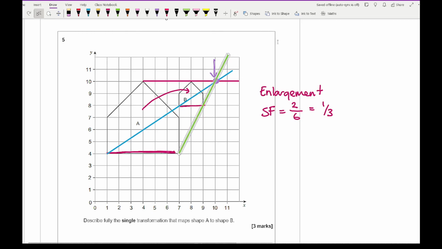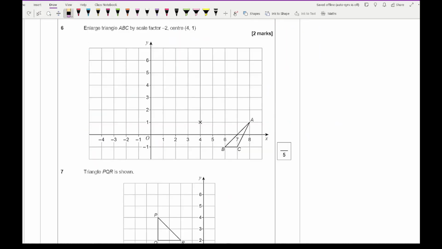Going through the point, as you can see, that pretty much confirms it. So then the centre is at 10, 10. Then moving on to question 6, it says enlarge triangle ABC by a scale factor of -2 from centre for